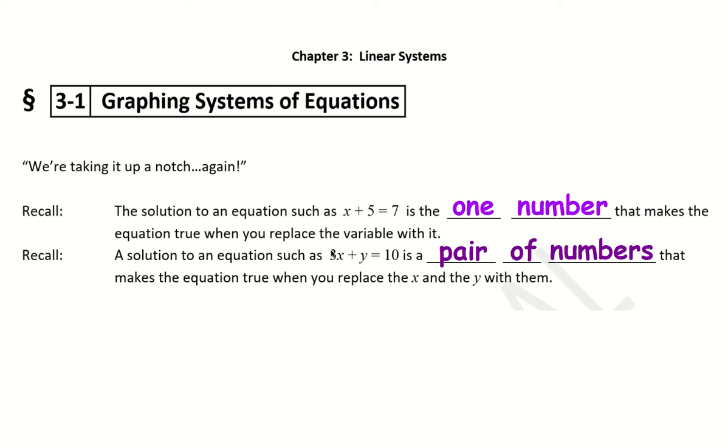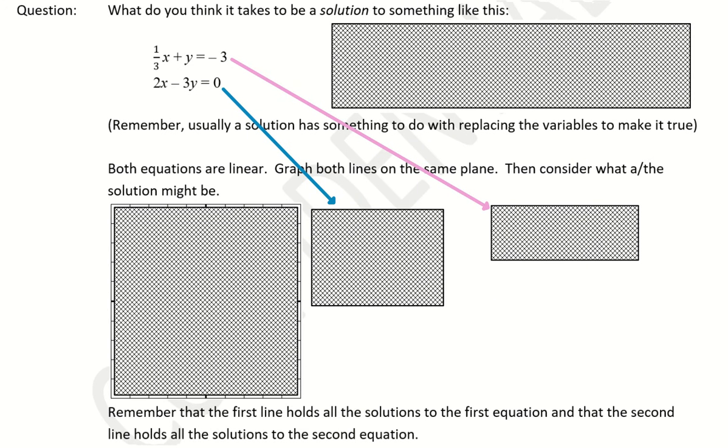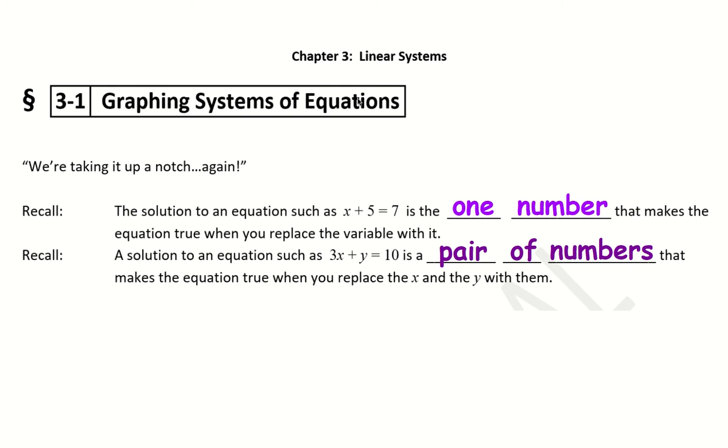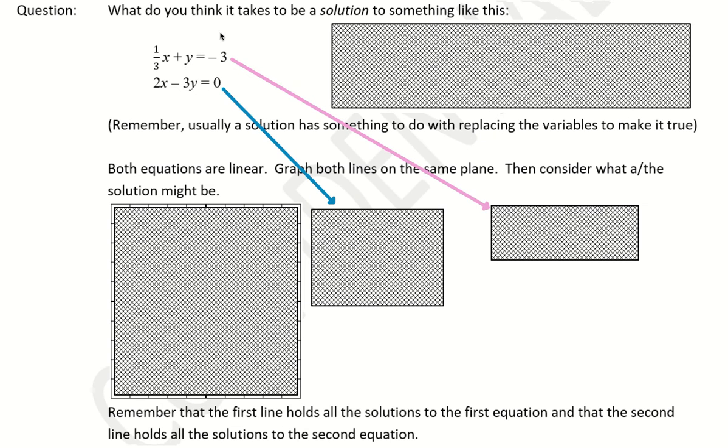How many solutions are there to this equation? In other words, how many pairs of numbers would make this true? That's right, an infinite number of them. There's an infinite number of solutions to that. So here we're taking it up a notch because now we're going to do systems of equations like that. Kind of like this. And I don't know if I'm letting the cat out of the bag too early here,